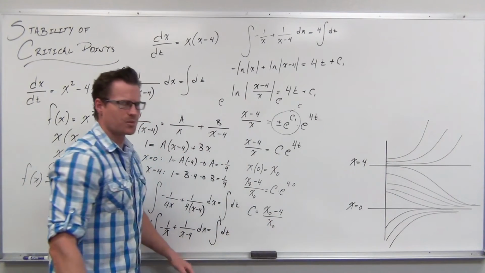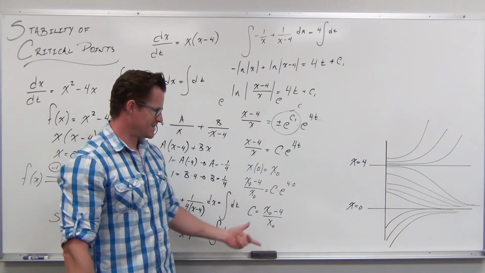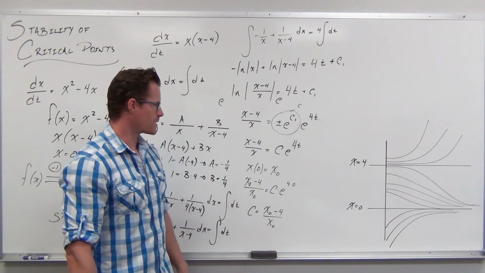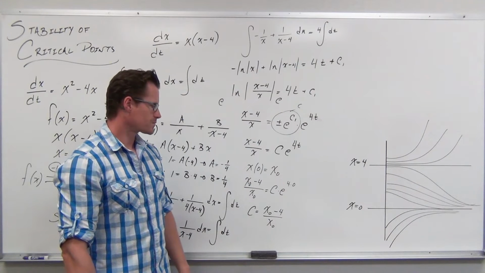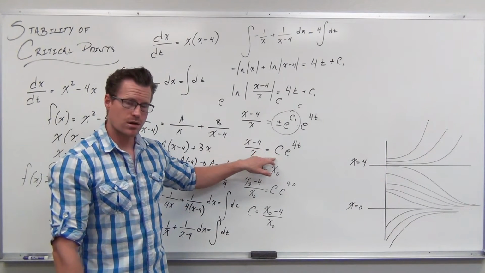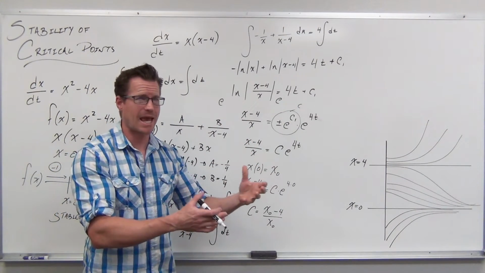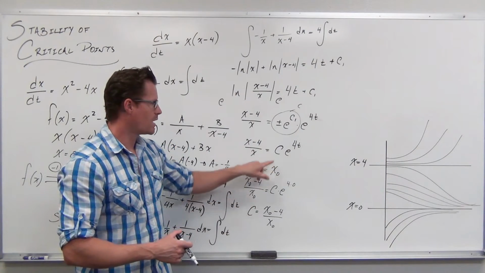Now this is super nasty. I don't really want to go plugging this in because, can you see it? I got a fraction of the deal with all that junk. So here's what I'm going to do. I'm going to keep this as a C as long as I can. And at the very end, whenever I can't keep it as a C reasonably anymore, I'm going to